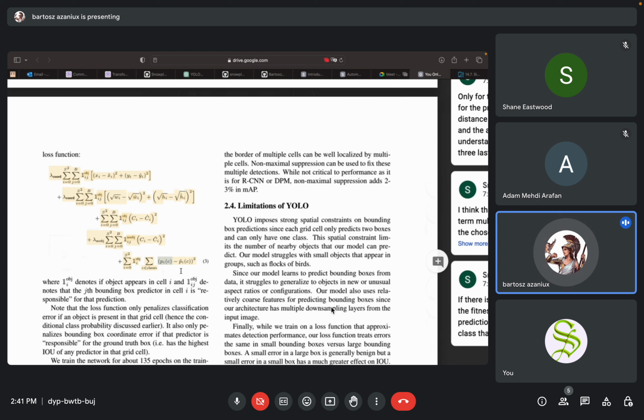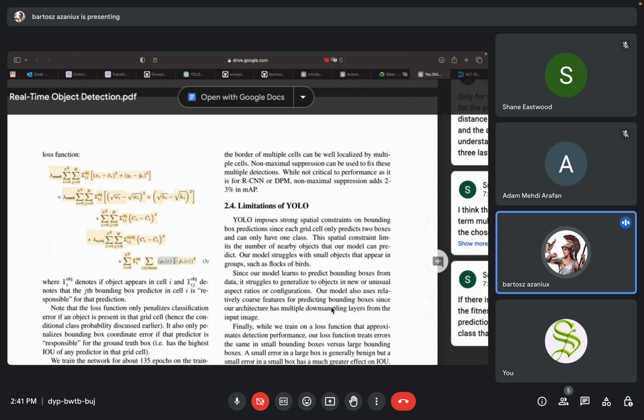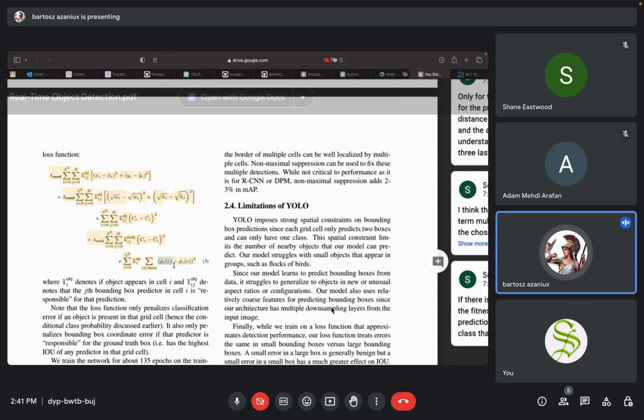We only do this at training time. We set this as 0 or 1. Right, but the probability will often be, let's say, something in the middle, right? Sometimes the